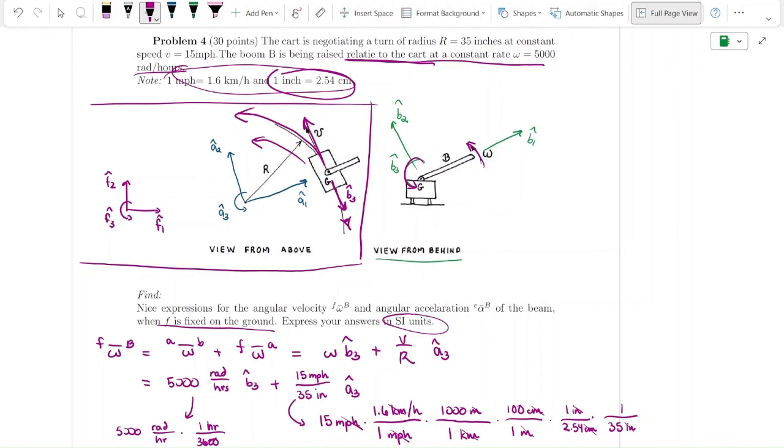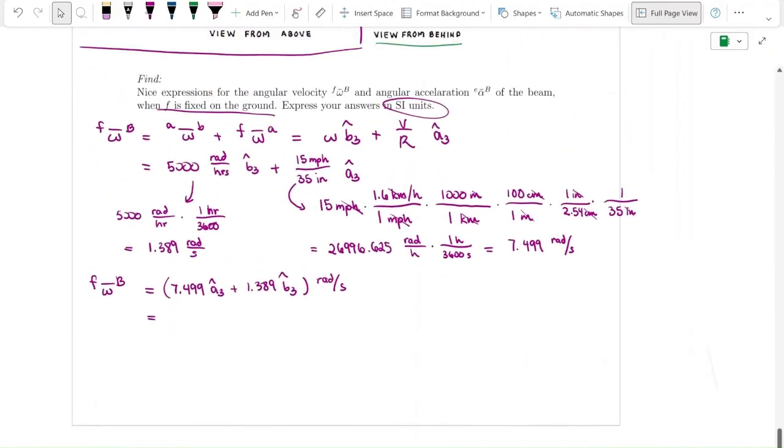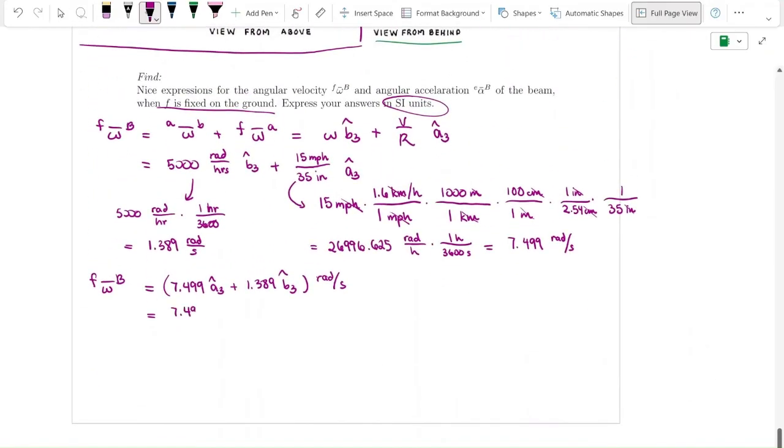What this means is that B3 hat is equal to negative A2 hat, because A2 hat points perpendicular to the direction to the cart, in the same direction as the tangential velocity, which is pointing this way. So A2 hat and V point in the same direction. So this means that B3 hat, by pointing in the opposite direction of V, is in the negative A2 hat direction. So then I can just write this more simply as